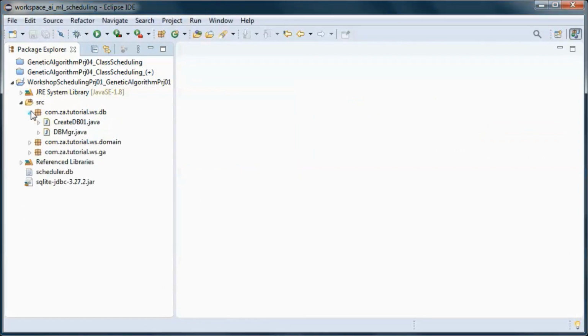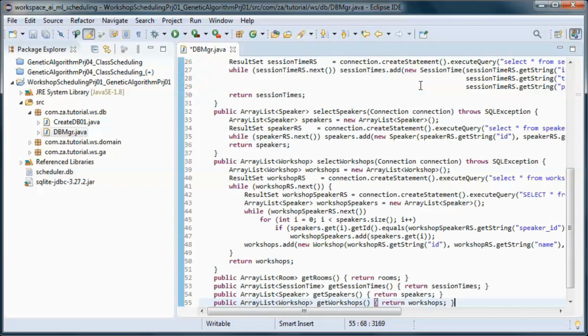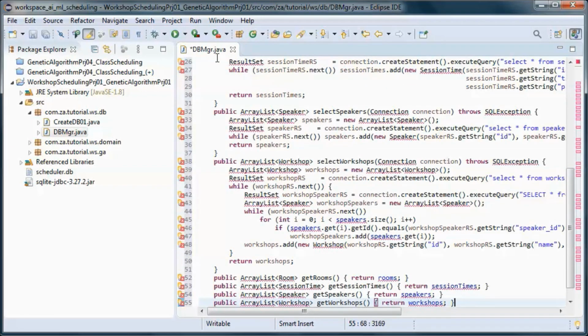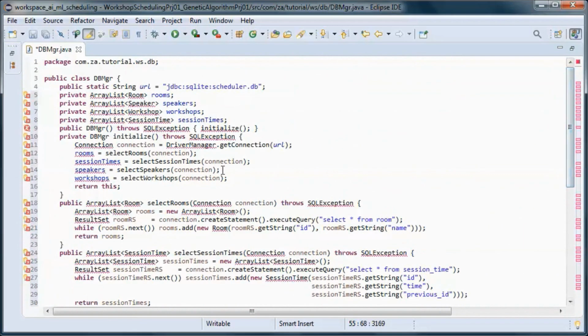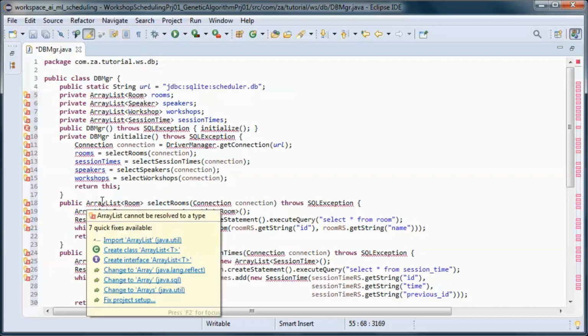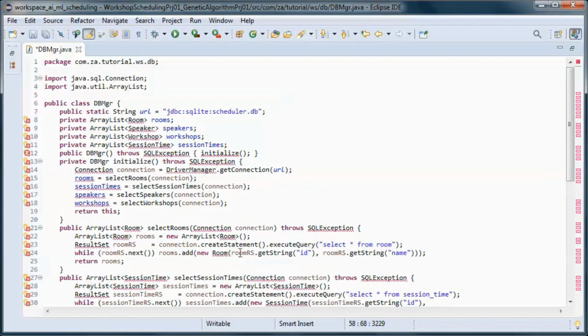And this code does select statements on the different tables in the database.